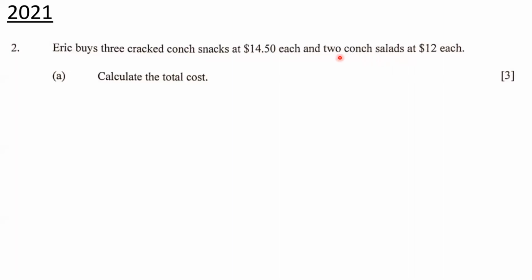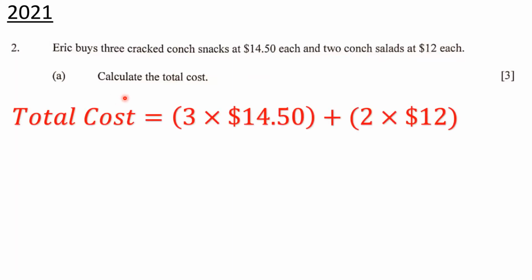Let's begin. This question says Eric buys 3 crack conch snacks at $14.50 each, and 2 conch salads at $12 each. Calculate the total cost. Now, for the total cost, what we're going to do is multiply 3 by 14.50